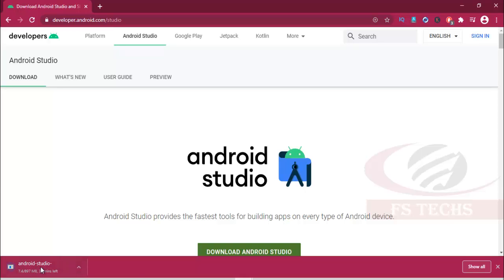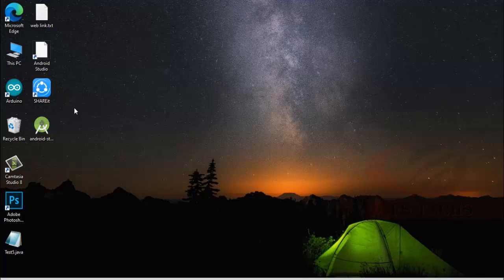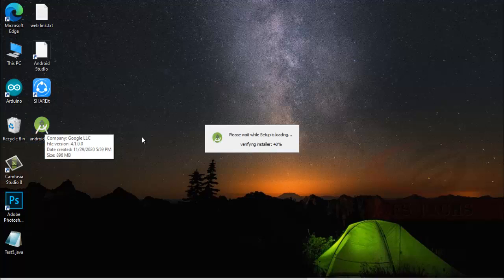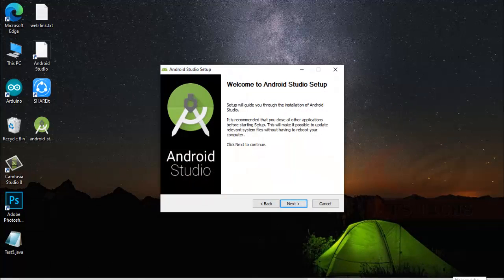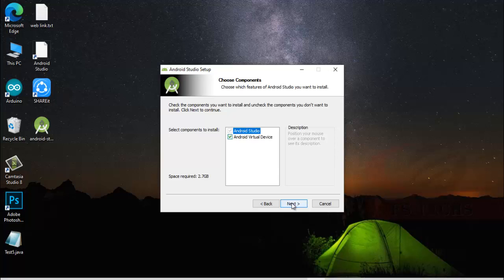I have already downloaded the Android Studio to save my time. Minimize window, and it is placed on desktop. Just simply click. Now we will install. Here is start installing. Next, and make sure both of these checkboxes are checked. Next,